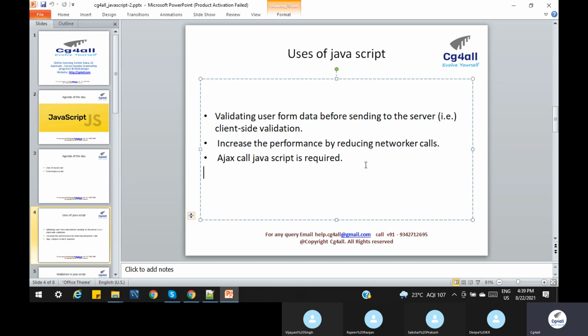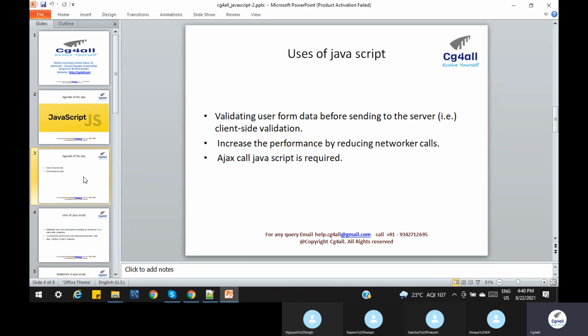Ajax calls also. Ajax is one of the technologies, and we use JavaScript functionality with it. This is a very good functionality of Ajax. Now that AngularJS and ReactJS have come, Ajax is used much less. But when we have a JSP related project, we use Ajax very frequently, and Ajax is a very good thing. Why do we need Ajax? Suppose we have a big form, and inside the form we need to refresh only one button. Clicking on one button calls the backend and refreshes only that one field. That is Ajax basically.